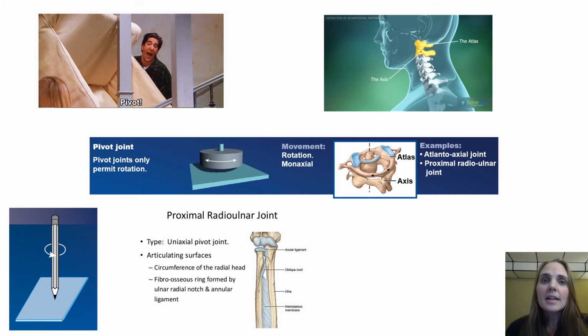The atlantoaxial joint is where the skull fits onto the spine, and this allows us to turn our head, and that is an example of a pivot joint. The proximal radioulnar joint, where the ulna in the forearm touches the radius near the wrist, is another example, and you can see that. It's actually right here where the radioulnar joint,